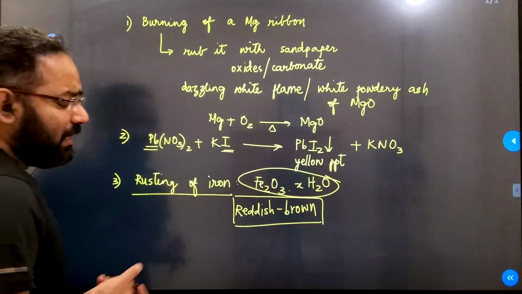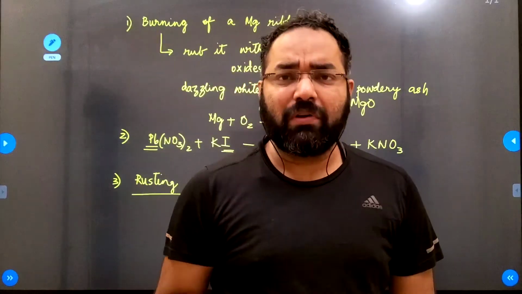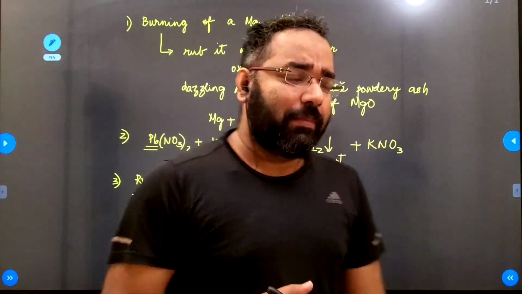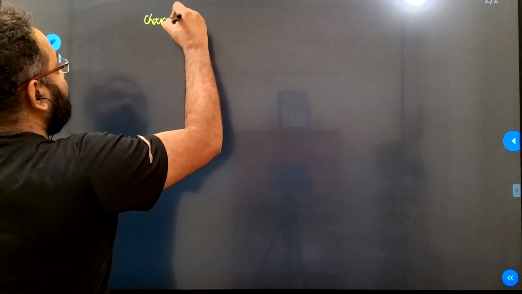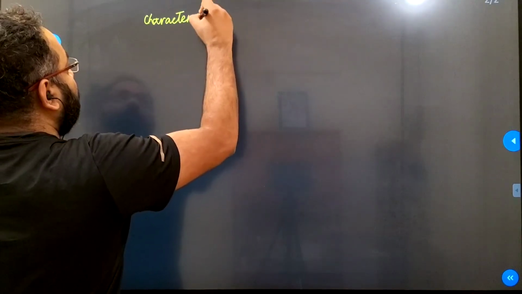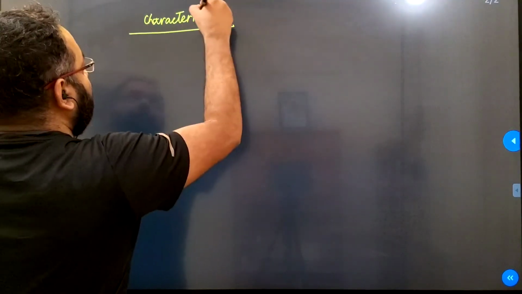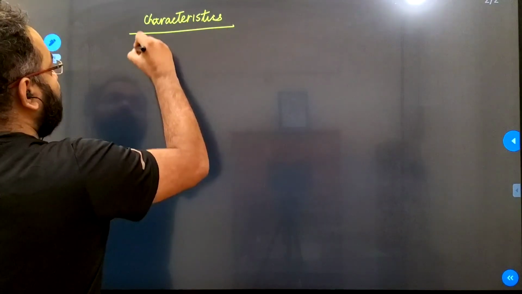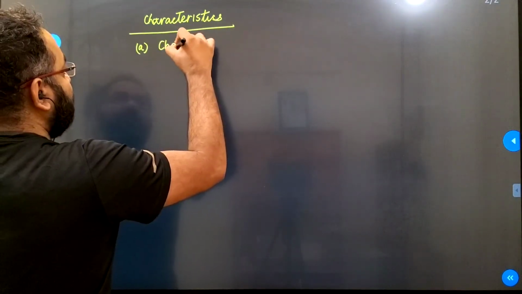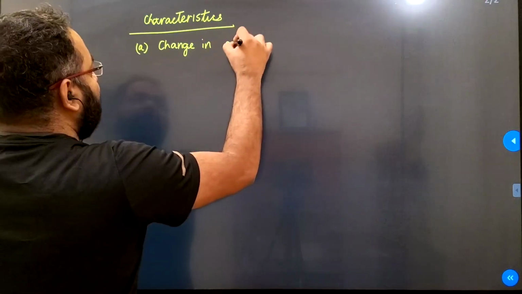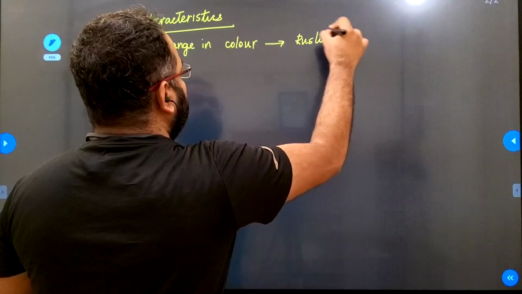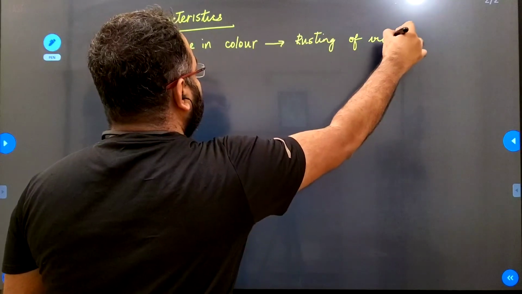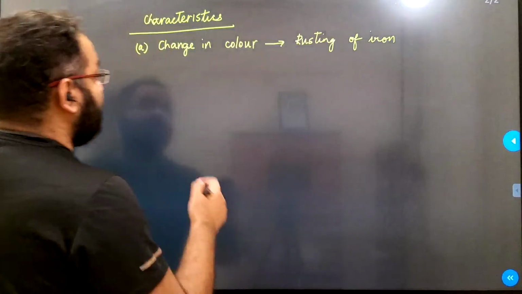With this, we realize that all these reactions are undergoing some form of chemical change, and we said every chemical change has its own characteristics. So let us quickly list down the characteristics of a chemical change. The first one is there could be a change in color. And whenever you think of change in color, look at the rusting of iron experiment. Grey color iron turns into a reddish brown coating of iron, so this could be an excellent example.